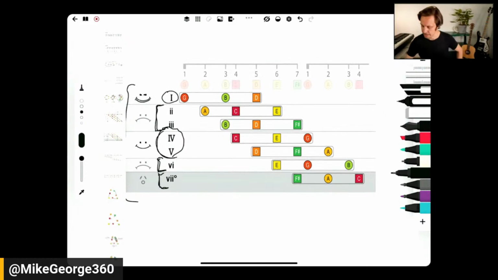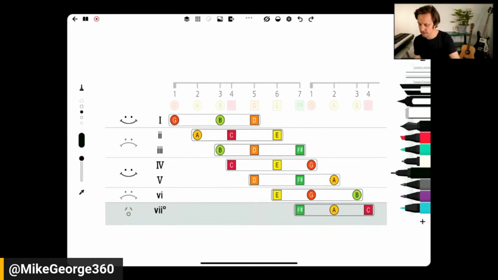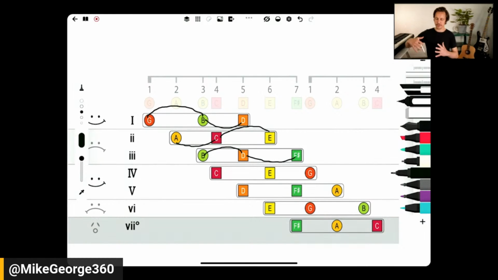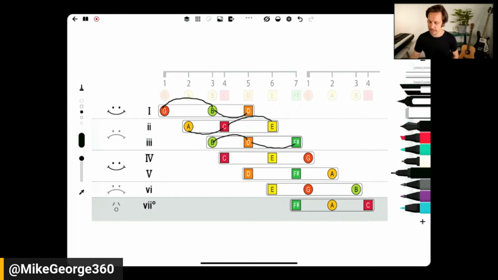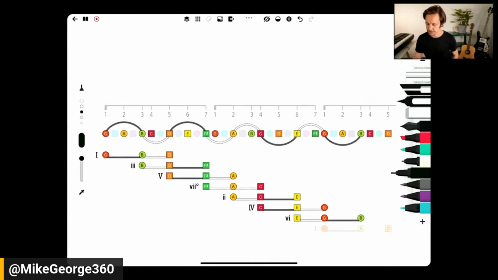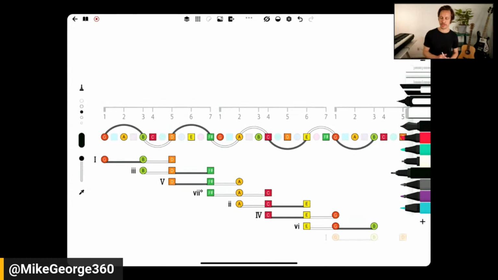When we're looking at these chords, the way that they're built, notice that as we play, we're playing every other note. So G to B skips A, and then B to D skips C. And then when we play A to C, we skip B, and C to E skips D. When we play B to D, we're skipping C, D to F sharp, we're skipping E, and so on. So it's this every other pattern to form each chord. And if we look at that every other pattern in more detail, what we get is a really cool connection